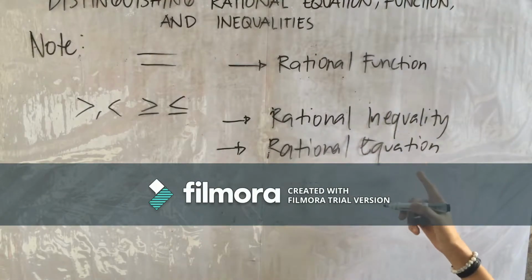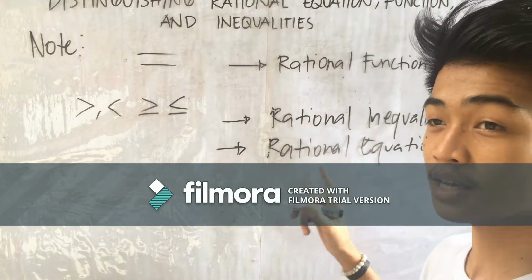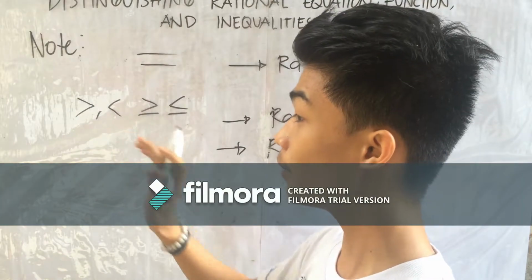The next is rational equation. Masasabi mo na rational equation ng isang set kapag ka may dalawang